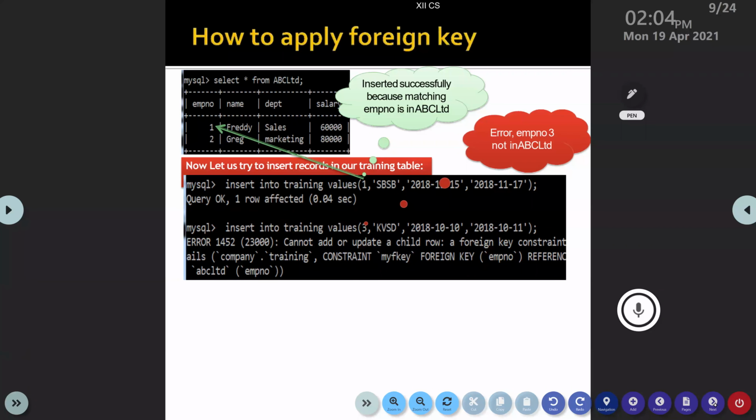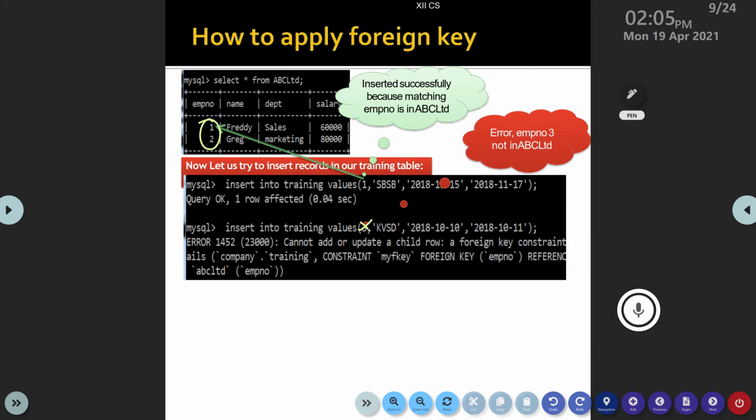If that employee is not there in the company, how can he attend the training? There comes the foreign key. That is why you write a foreign key constraint. When you write a foreign key constraint, the values must be from the primary key table columns. You can enter only 1 and 2. 3 is not allowed.